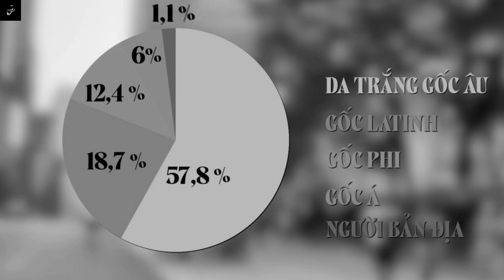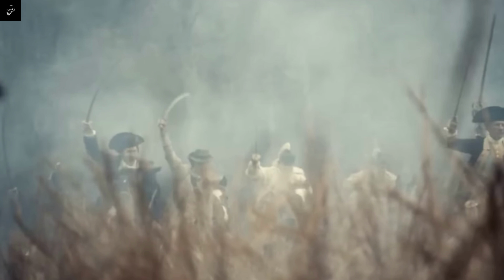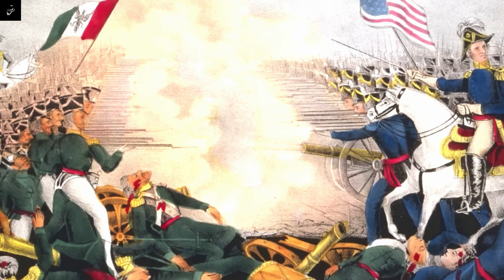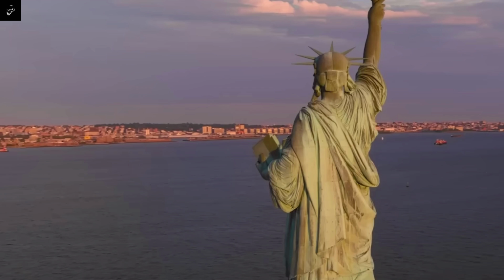However, since Mexico did not recognize its independence, territorial disputes quickly arose between the two sides. Mexico asserted that the border must be defined along the Nueces River. Although it had become an independent nation, most Texans desired to join the United States. On December 29, 1845, the vast territory of Texas officially joined the United States, becoming the 28th state of the Union. This incident strained U.S.-Mexico relations and sparked a 2-year-long war, causing severe damage.